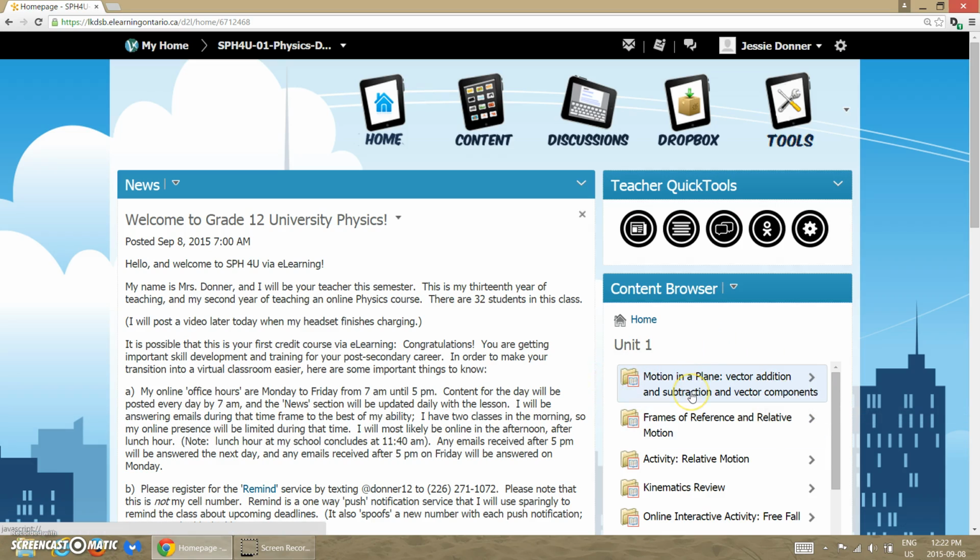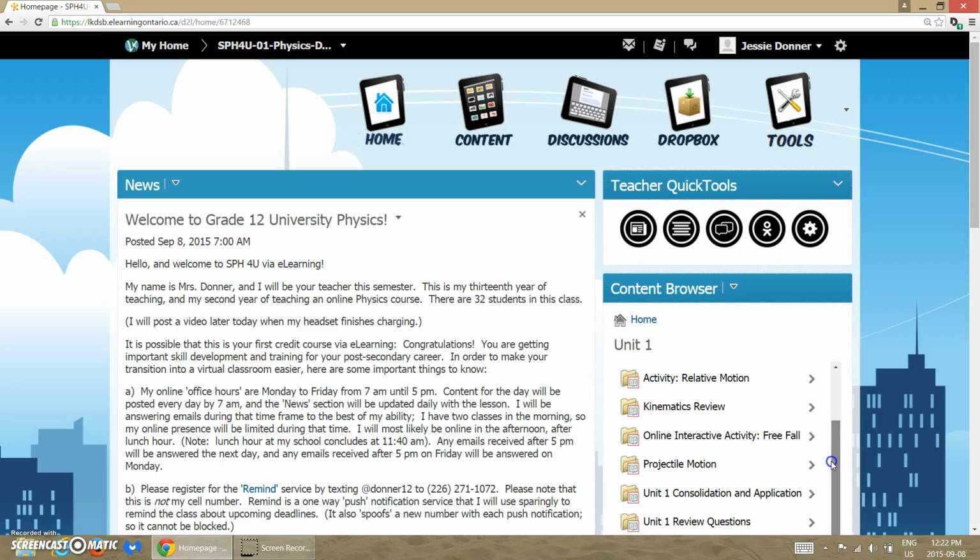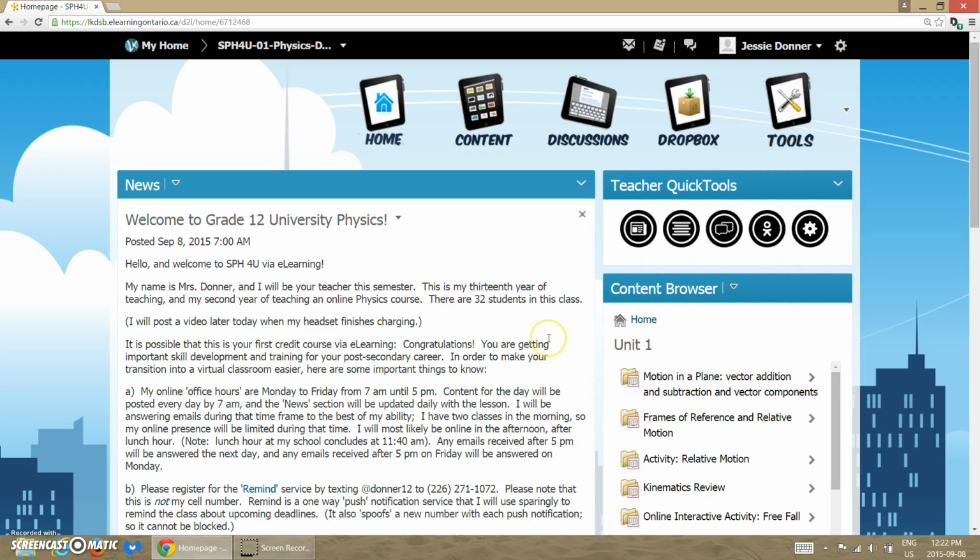So we're going to work through motion in a plane for a certain amount of time, and then I slowly expand it, because this content can be overwhelming if you just dump it on top of people all at once. It has to be worked through at a very slow and deliberate pace. For that reason, e-learning physics is a little bit different than, say, e-learning